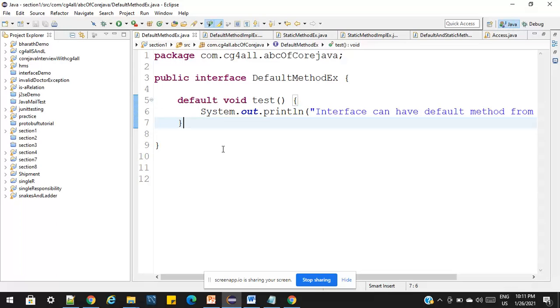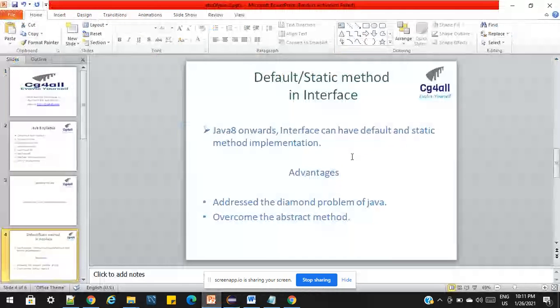So hope that is clear. Let's go for the next topic. Keep with us. Till the last we will see how we can use the interface in the architecture also. So let's go to the next section. We also know that the interface already resolves the diamond problem. Now we see the advantage of the default method over the abstract method. We will reduce our implementation.